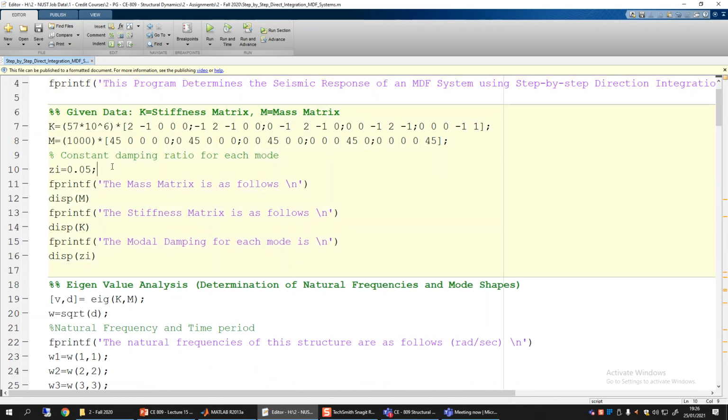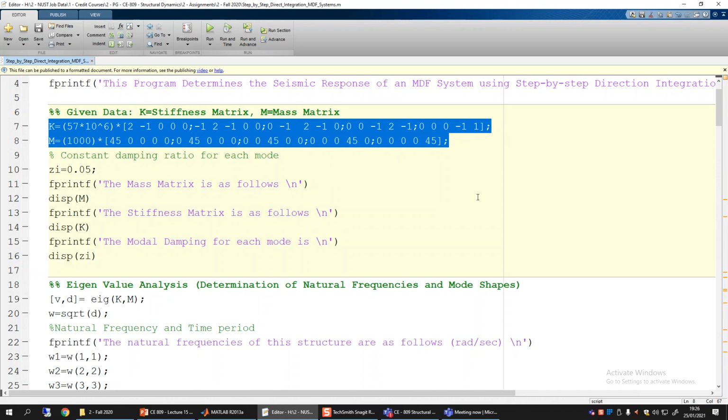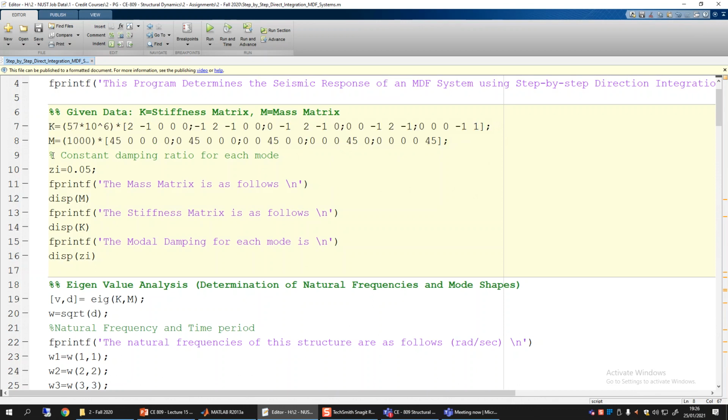The given data is that the K and M matrices are given. These two lines of code define the K and M matrices. For the construction of the C matrix, we have a constant damping ratio for each mode, and that is 5%. So I fixed the damping xi equal to 5% for each mode.